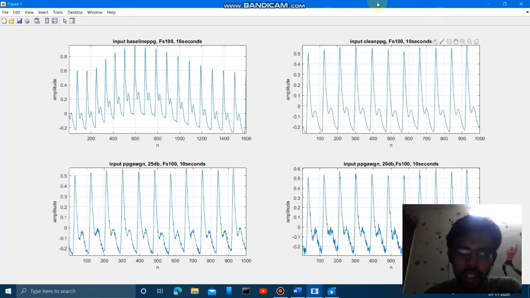this is the clean PPG file, which has no noise and trend, whereas the PPG with 25 dB and 20 decibels has a lot of noise. Here we can see, and these are nothing but some components with higher frequency, or simply we can say some fluctuations. And if we see the baseline PPG, it has a little bit of noise compared to the clean PPG, and also there is some trend here, but if we observe the other PPGs there is no trend. To study the applications of the given systems using these signals, we will move on to the next question.